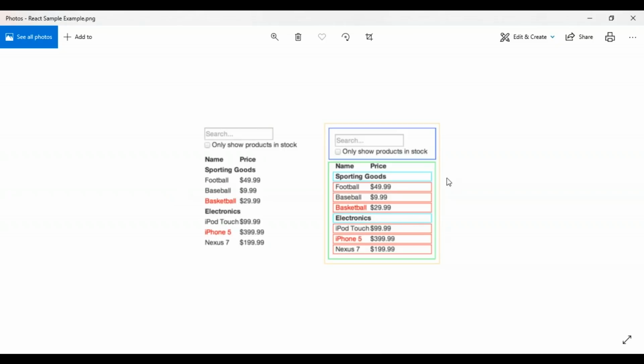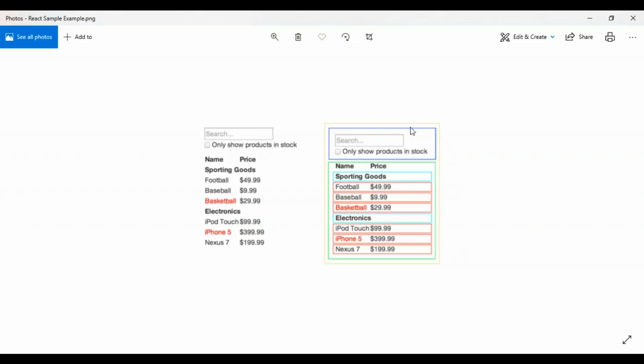So first thing first, what you will want to do is to draw boxes around every component. So in this particular example, what I've done is that I have created different colored boxes around every component and subcomponent, and I have given them some names also. But the problem is that how do you know what should be its own component? Okay, so by coloring this particular example, we can see that there are 5 components in this very simple application.